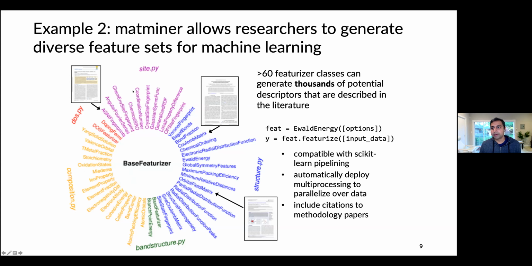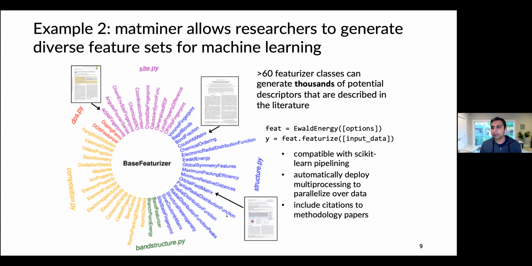If you have a site in a structure, so for example, in a previous talk in the session, we were talking about adsorbates on a surface. And if you want to know, for example, geometrical properties of the adsorbate, like how many bonds does it have, what angles are the bonds, what sorts of coordinations are the bonds of this adsorbate on this thing, and you want to describe that numerically, you can use some of these site features that will take any site in a crystal structure and tell you things like what's the coordination environment, what's the shape, things like that.